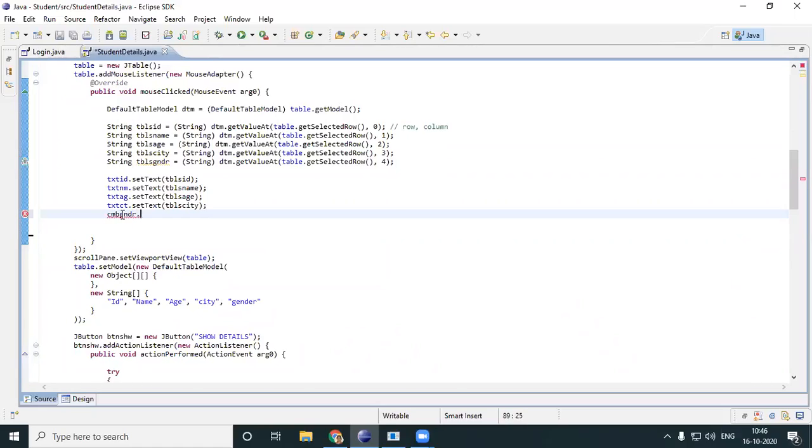It is not set text. You'll have to select a particular item, because it is a combo box, it will not work. Dot set selected item. Selected item is table as gender. As gender. I have some error.